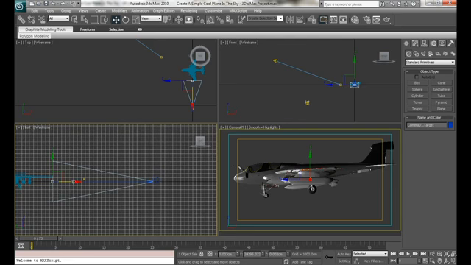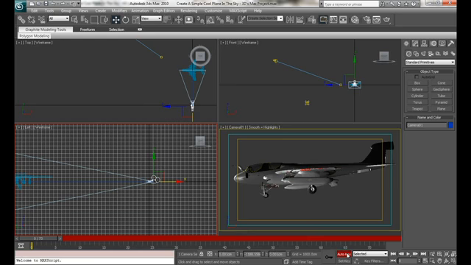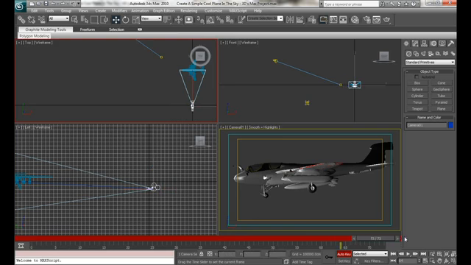Let's see, up to the plane. Here, yes. Stop, yes. Okay. So let's select Auto Key. Let's move it down a little bit, somewhere here. Let's go to the top view, we'll go to frame 73,